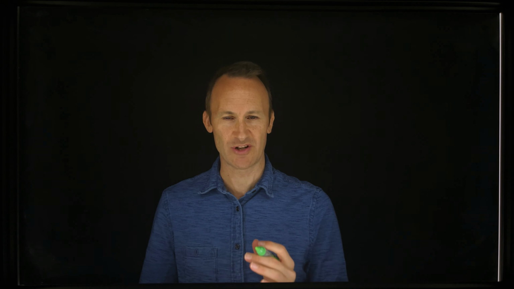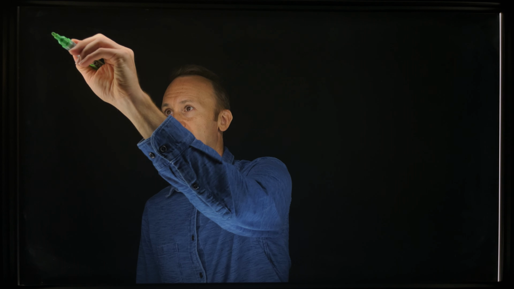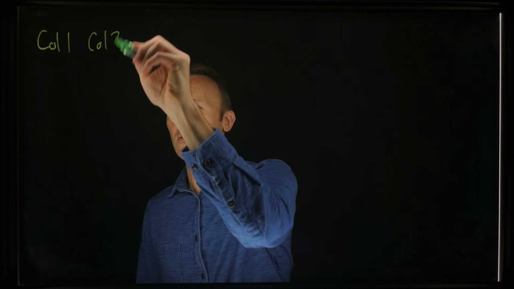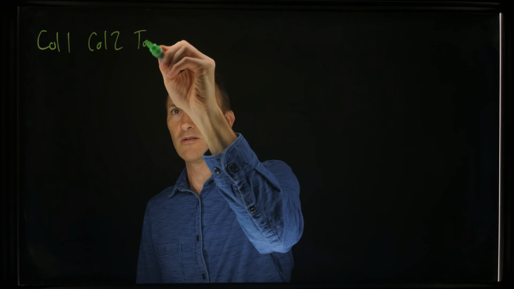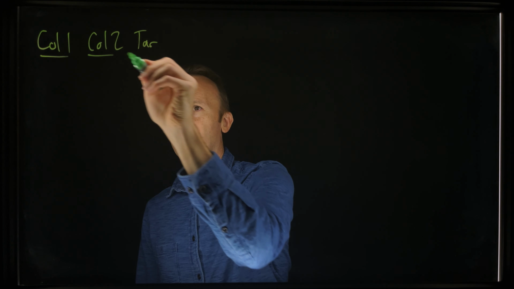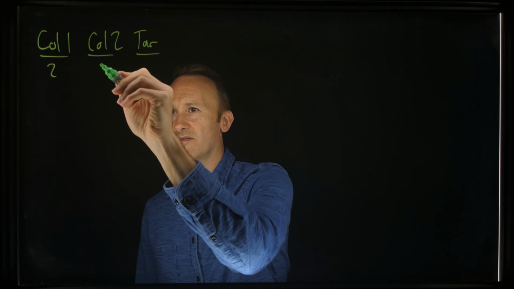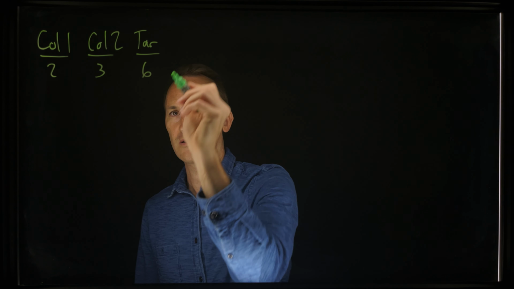Hi, in this lecture I want to give you all a mathematical description of linear regression. Let's start with some data. I'll call this column 1, column 2, and then the target column. We're going to put in some values for these. So let's say 2, 3, and 6,